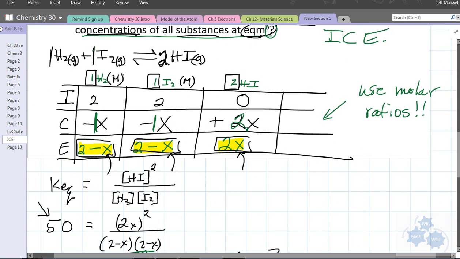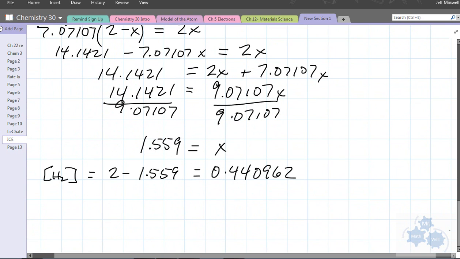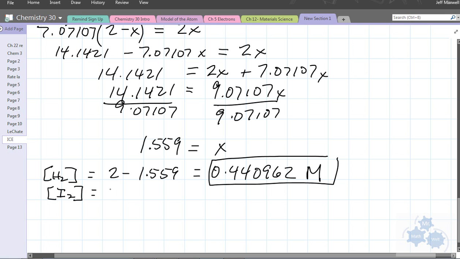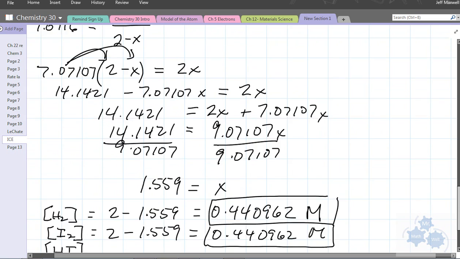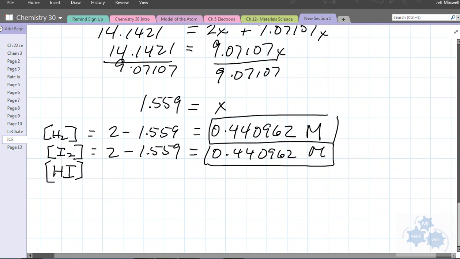0.440962, right? All the numbers in the chart are represented by moles per liter. Concentrations. So that's going to be moles per liter. It's going to be the exact same for I2. This is the same expression. Yeah, probably significant figures we're going to want to take a look at eventually here. But HI, right, concentration of HI, that's going to be 2 times X, right? Back to our chart, 2 times X. So that is